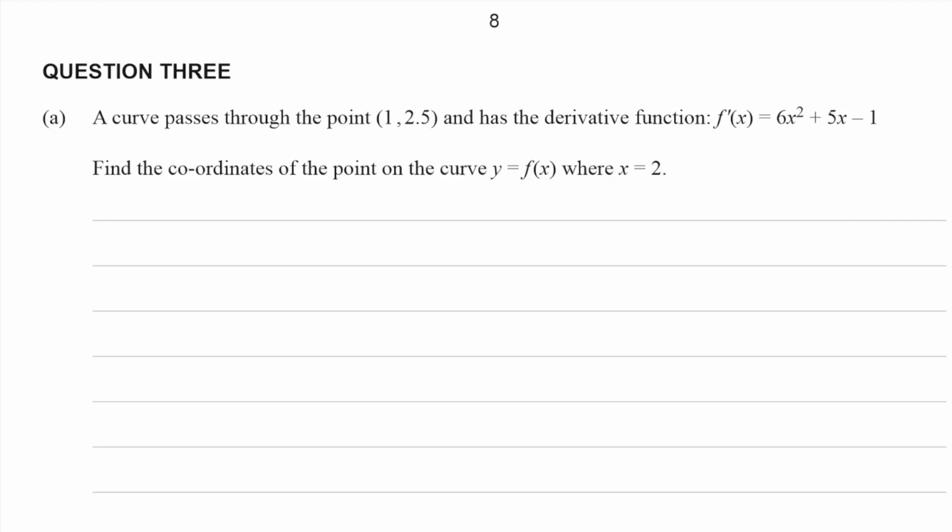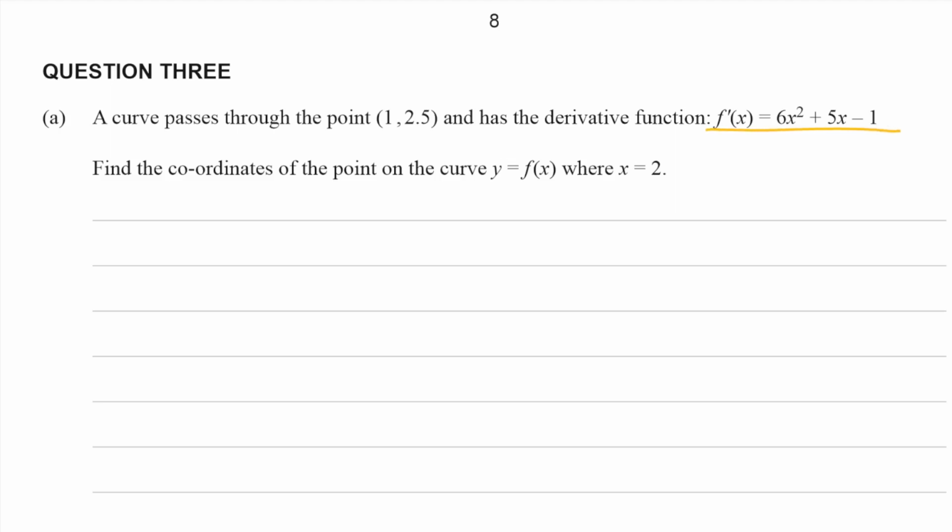A curve passes through the point (1, 2.5) and has the derivative function f prime of x equals 6x squared plus 5x minus 1. Find the coordinates of the point on the curve where y equals f of x, where x equals 2. What a mouthful. So what this question is asking is, it's given us the derivative, the gradient function,